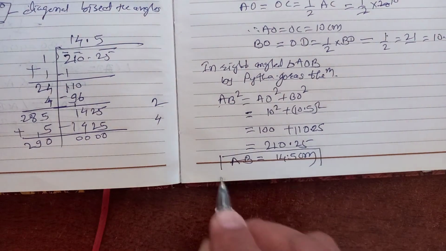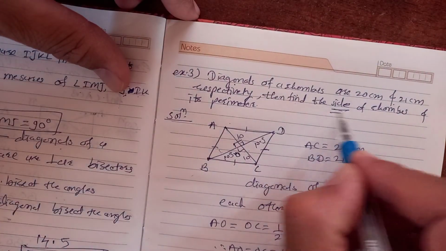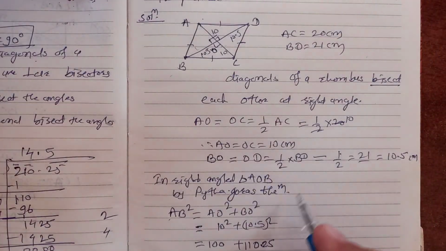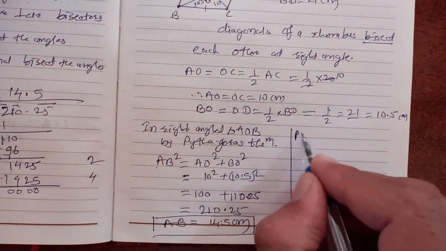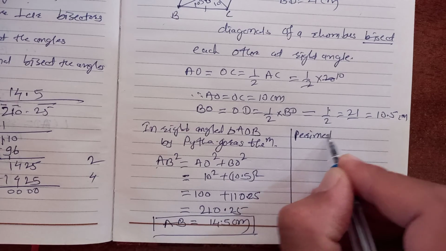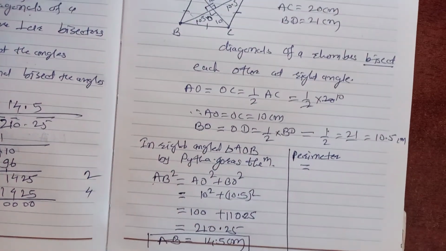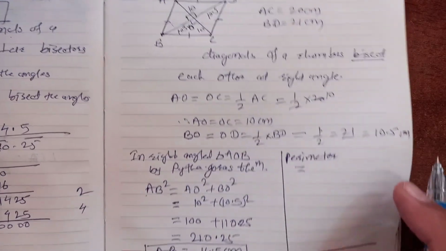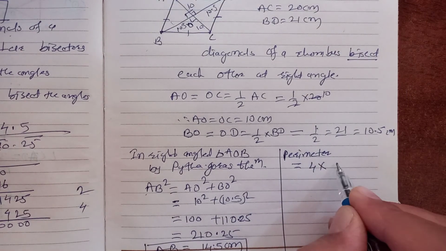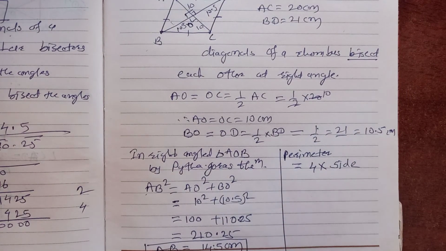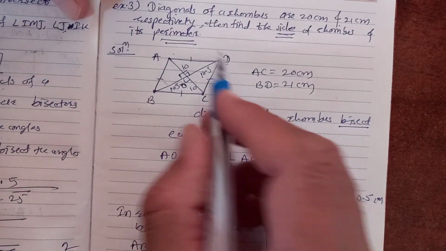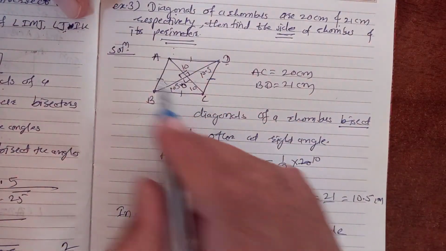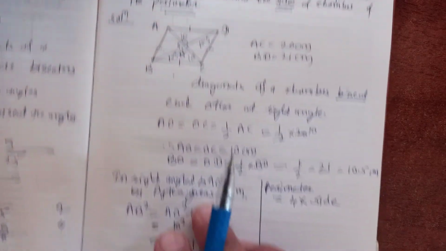So what we found? Here we found the side of a rhombus. Now what you have to find? Perimeter. Now we know all sides of a rhombus are congruent, means sum of all sides means 4 into side, because all sides are same. Here AB plus BC plus CD plus DA, but we know all sides are 14.5, means 4 times